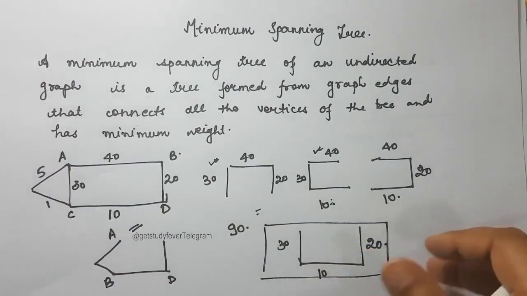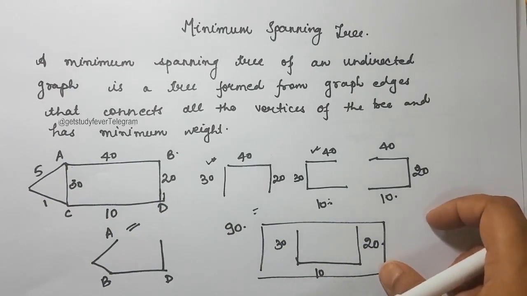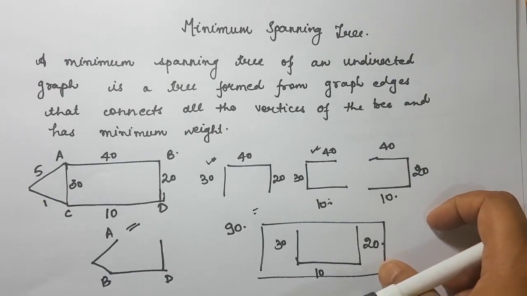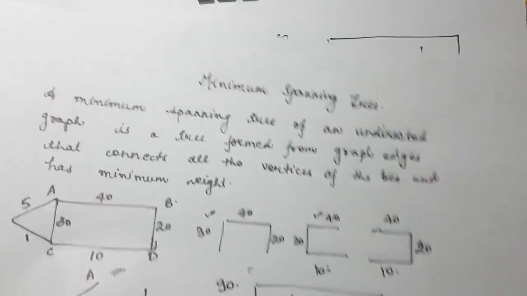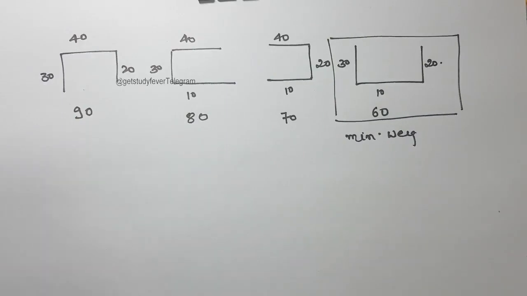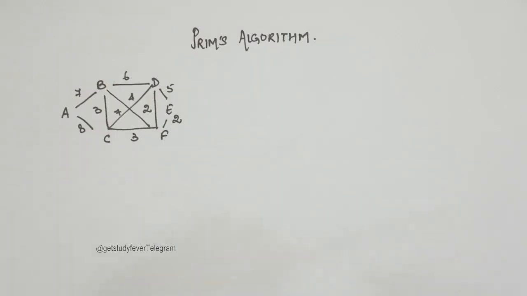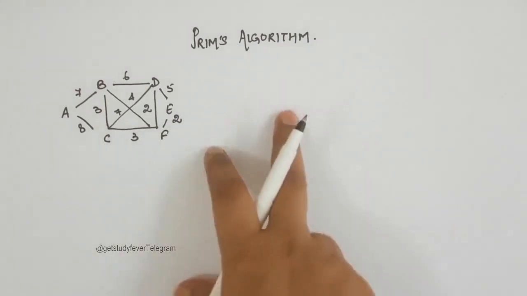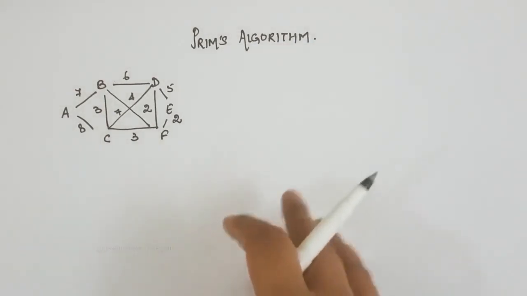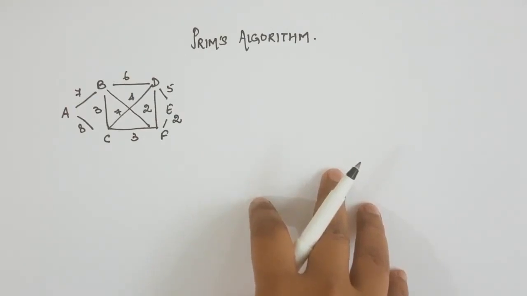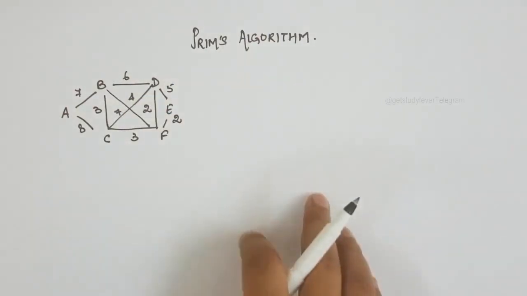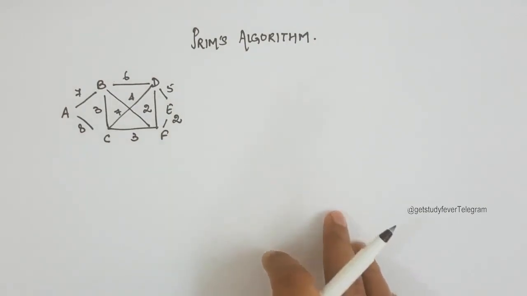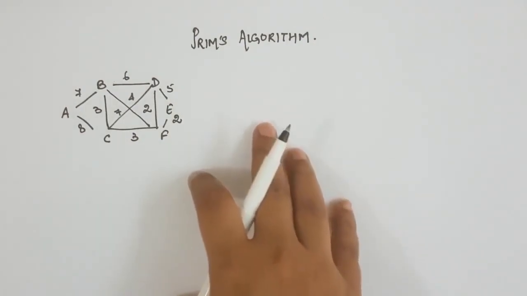So Prim's and Kruskal's algorithms work around this problem statement, finding a minimum spanning tree for a given graph. So let's see what these algorithms are. We will start with Prim's algorithm. So till now we have seen what a minimum spanning tree is. Now let's try to understand how we come out with a minimum spanning tree for a given graph using Prim's algorithm. As I have said before also, there are 2 algorithms to get the minimum spanning tree. One is Prim's algorithm and one is Kruskal's algorithm. So let's see what happens in case of Prim's algorithm.